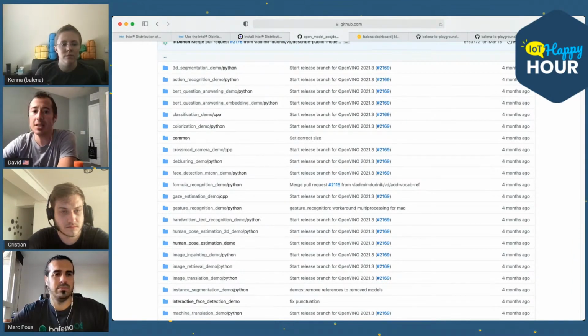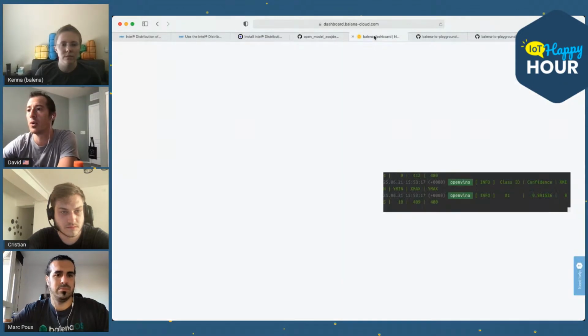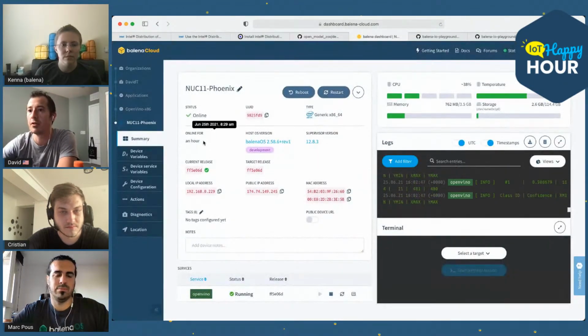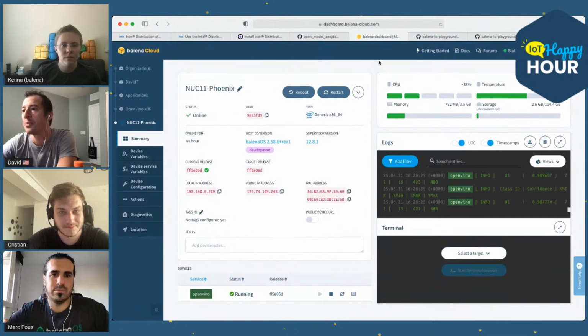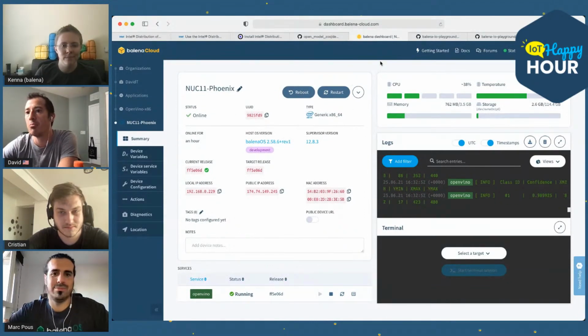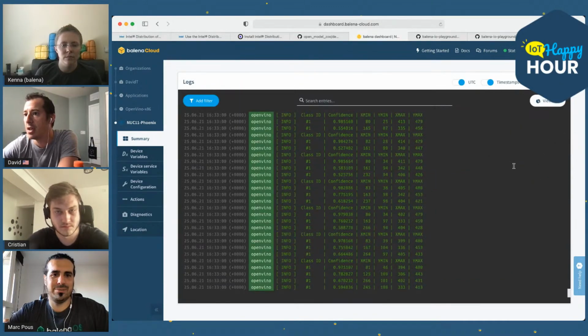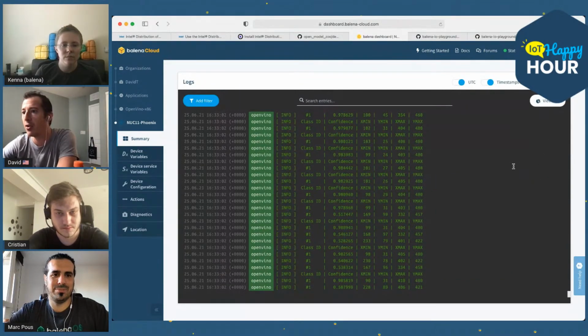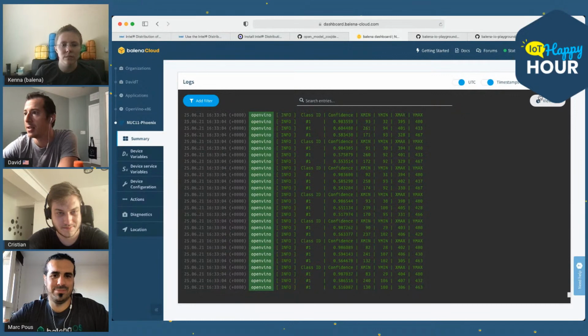Okay, so let's do this. I'm going to switch my screen share real quickly, but just for the moment, you can see that I've got my NUC connected to balenaCloud, and I've got some log streaming off of it, and it's doing something, but I don't know what it is exactly quite yet.